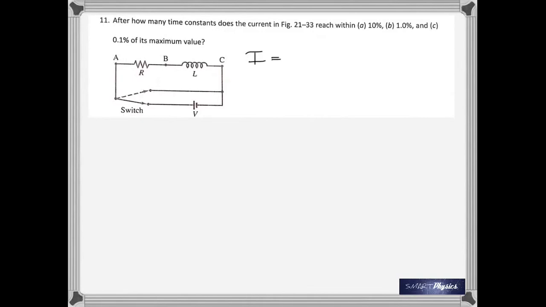Question: after how many time constants does the current reach within 10% of its maximum value? Okay, so you have 10%, 1%, and 0.1%. And the problem is about a circuit that has an inductance and a resistance. I is given by I naught or Im, 1 minus e raised to minus t by tau, where tau